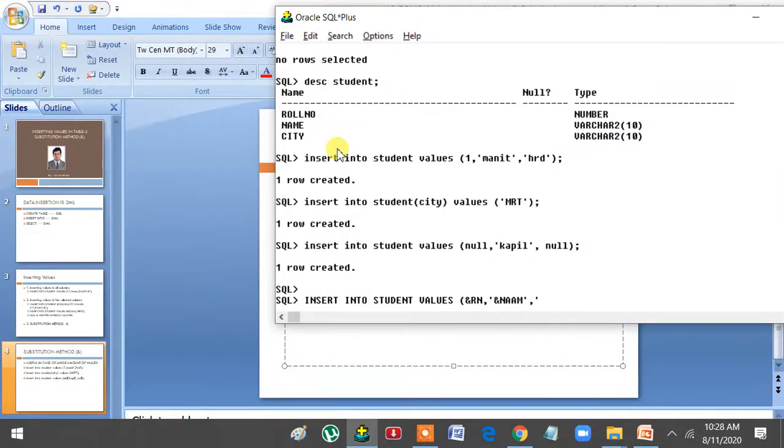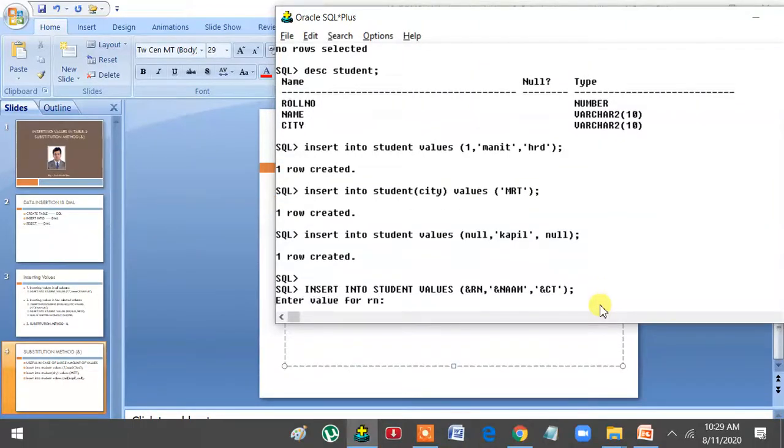Third was city, so ampersand CT. Give anything. Although you can take the same name, I'm repeating, you can also take any other. Now see, there are three columns: ampersand RN, ampersand NAM, ampersand CT. Semicolon, enter.